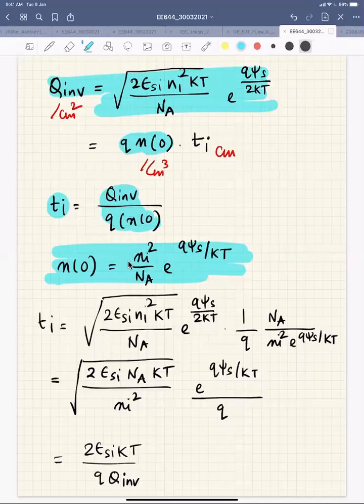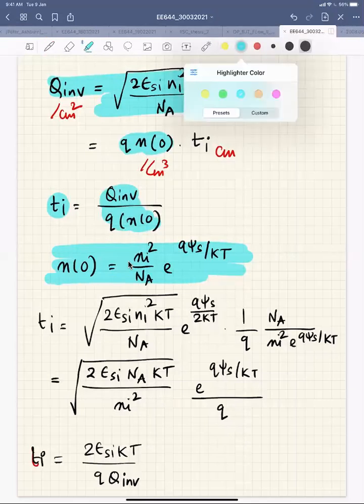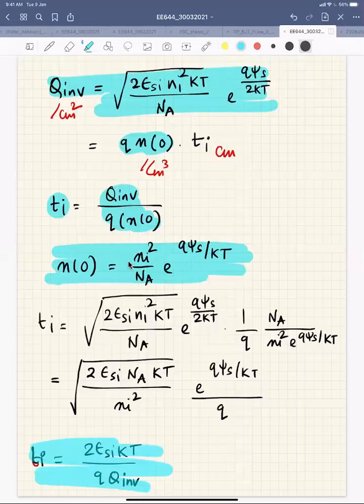Then for Ti, I'll just divide these two, do the math, and your Ti will be this one. I will not go through it. So here you see your inversion layer thickness is related to the inversion charge. As you go on increasing the inversion charge, your inversion layer thickness will reduce. Basically, look at how many electrons are actually being concentrated at the